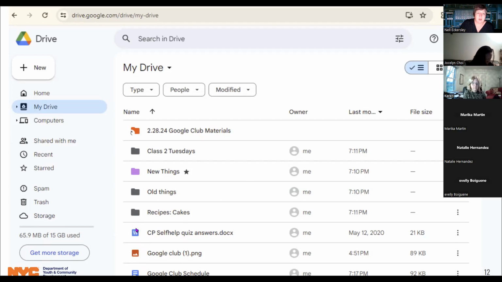So this is a Word document, right? Another tip is that we have this docx at the end of the file type here. So that tells me that that's a Word document. So I uploaded that from my computer. I made it in Microsoft Word, and then I uploaded it here. This icon tells me that this is Google Docs. So I created it in Google Docs, or I took a Word document and made it into a Google Doc, which is something else we can do.